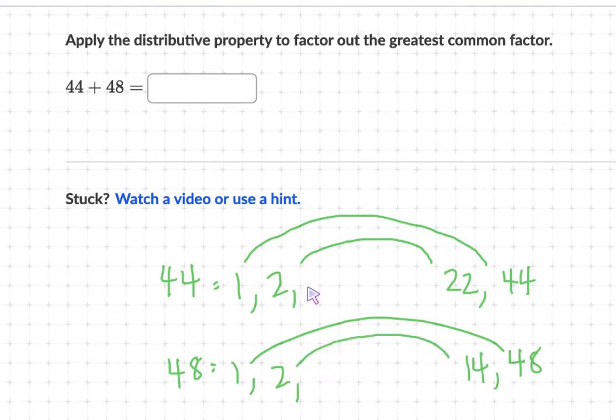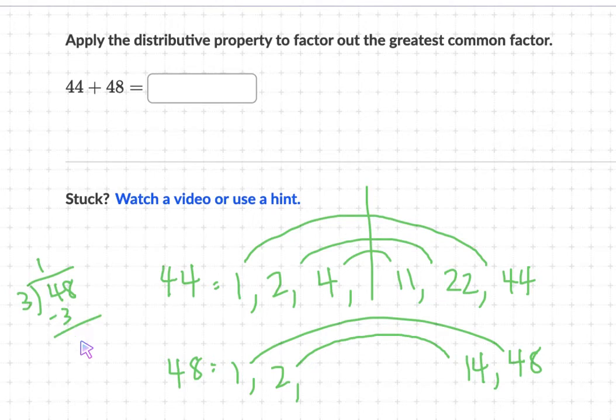Let's see, 3 won't go into this one. 4 will, 4 and 11. And I believe that's it. So we met the middle. Here, 3, I think, does go into 48. Let's double check. Yes, we have 18, and then 6 times 3 is 18, so that'll give us no remainder. So 3 and,